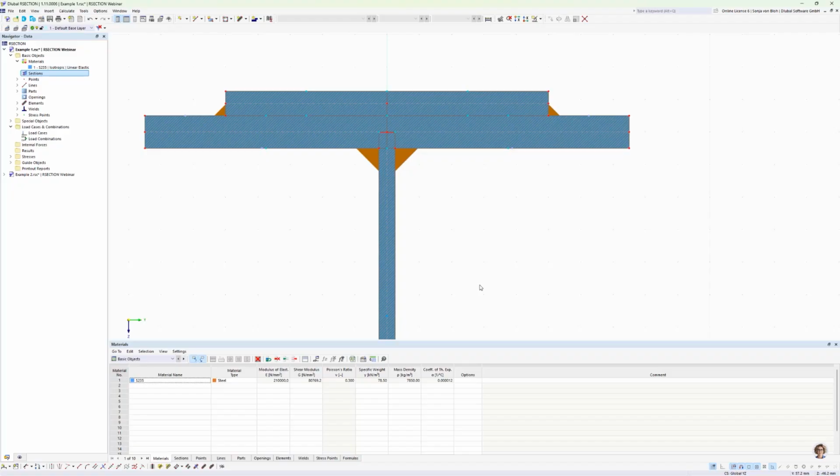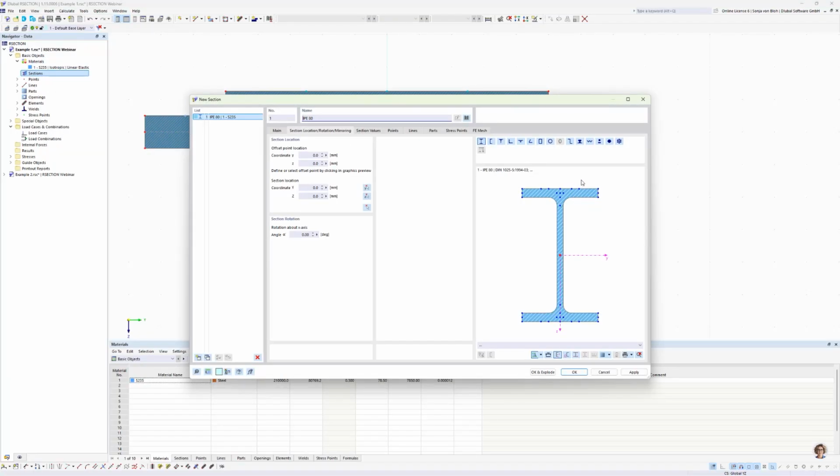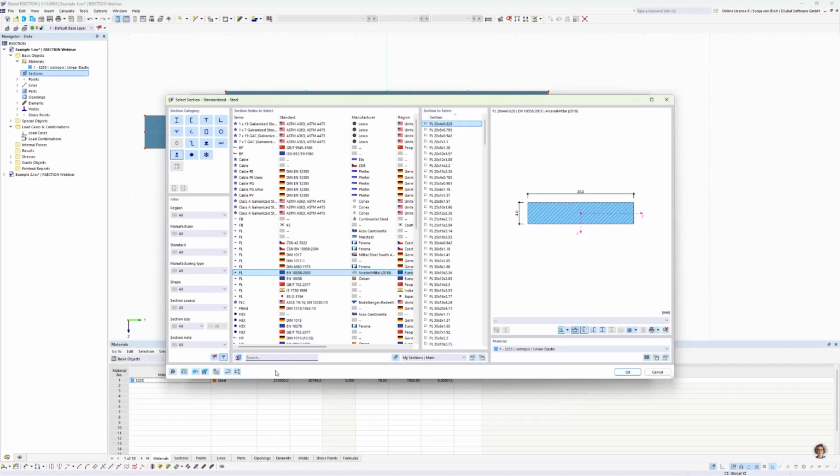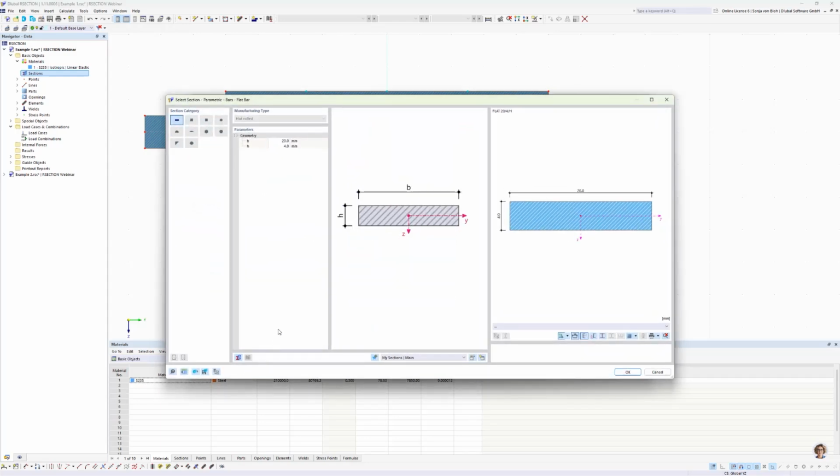To further reinforce the top flange, additional lips are welded to the sides. For this, I select a flat steel profile from the section library. So I open the section library again. I choose here bar sections, convert into parametric section,